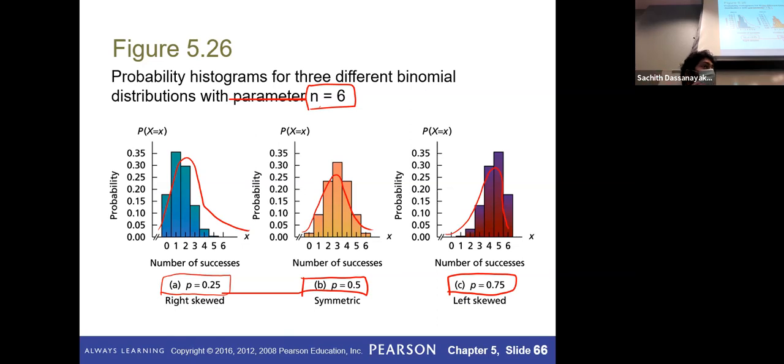In this case N is fixed, so don't worry about the N. X also takes these 6 values, so it doesn't matter what the X value is, because we are showing all possible X values. When P, the probability, is changing, you can see the distribution is also changing. This is the pattern. If the probability increases or decreases, the shape of the distribution changes, because it is based on this probability value.